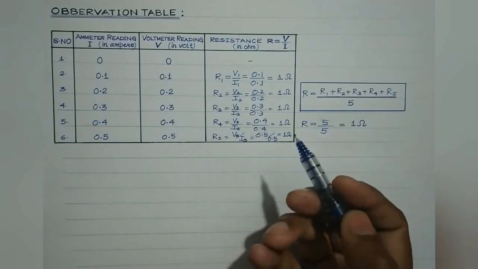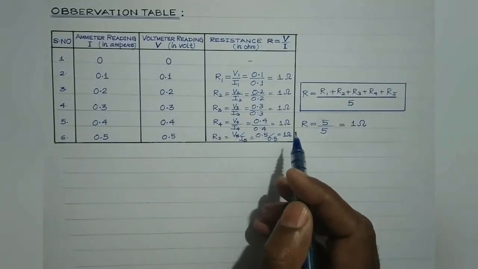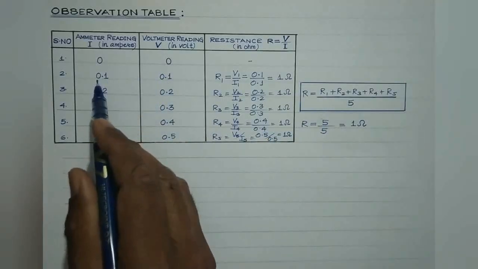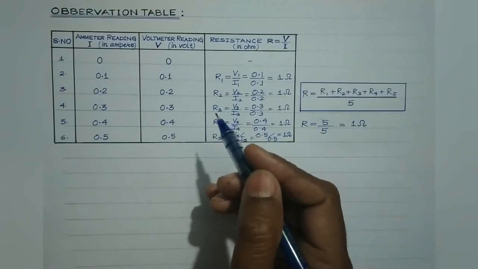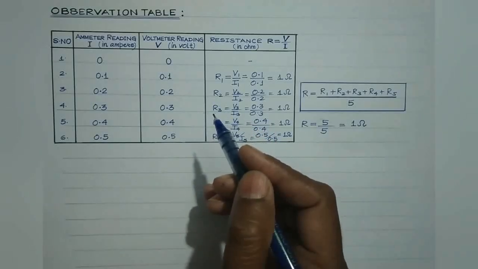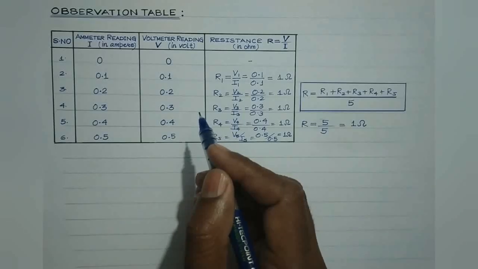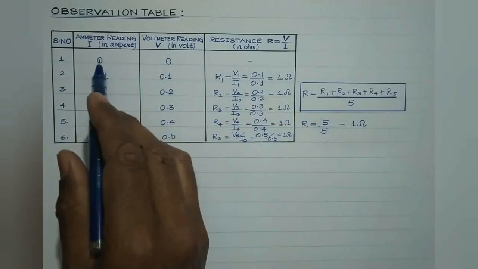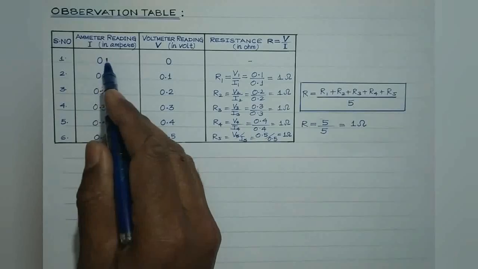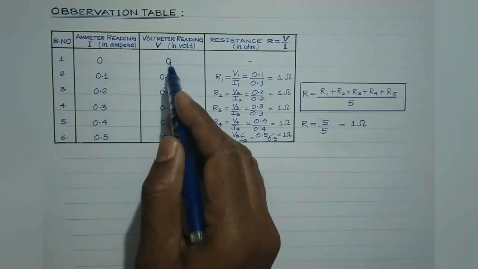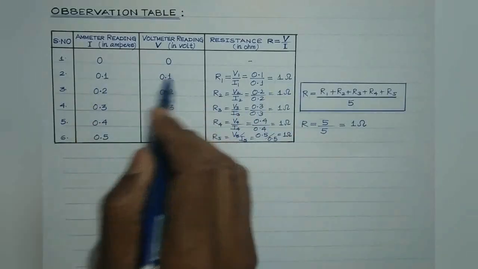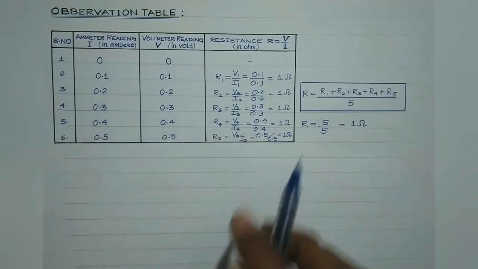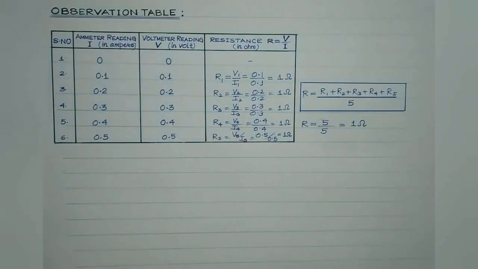And the zero corrections, if any, should be applied to the readings of both the voltmeter as well as the ammeter. Here in our case, as we have discussed in the video, there is no zero error, right? So no zero corrections are required to be applied. So here the observed reading of the current is equal to the corrected reading of the current, right? Similarly, the observed reading of the voltmeter is equal to the corrected voltmeter reading. So here I have not applied any zero corrections as it was not required in this case.